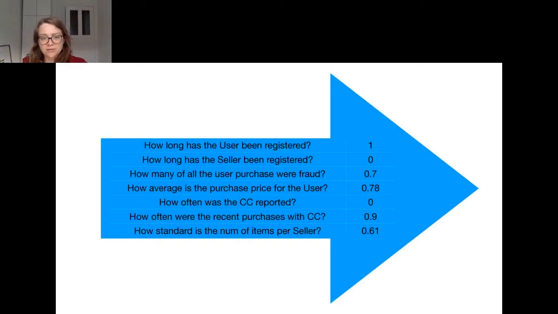How many of all your purchases were fraud in the past? Based on that, give it a value of 0.7. And how often was this credit card reported? Never, so we're going to give it a 0. Basically, each question has a range between 0 and 1, and it gives a lot more data points to the model. And based on that, the model can make a smarter decision.